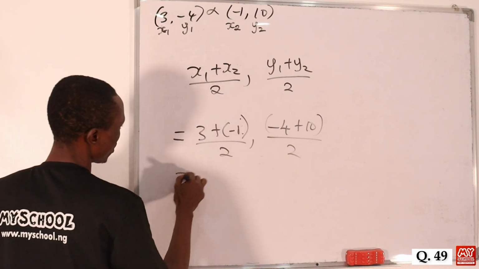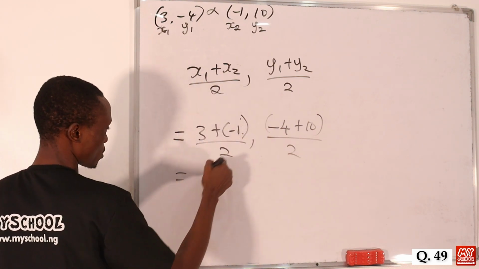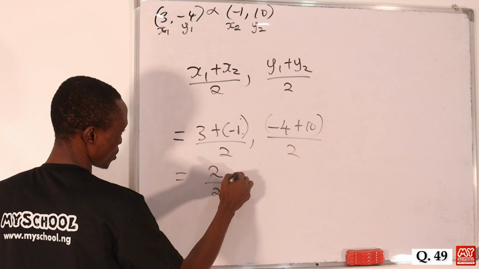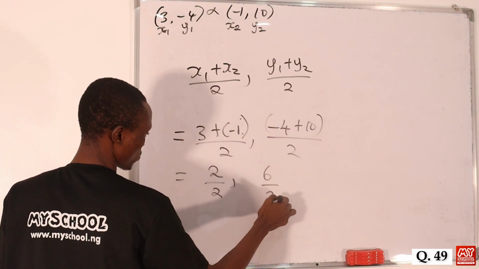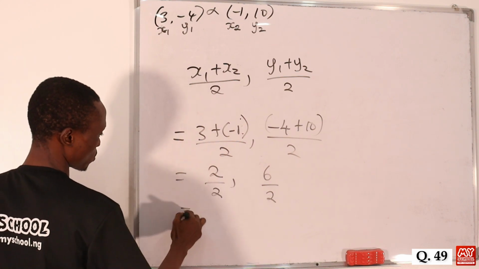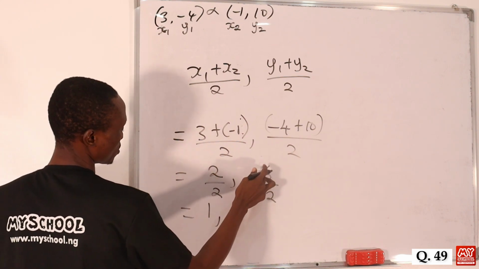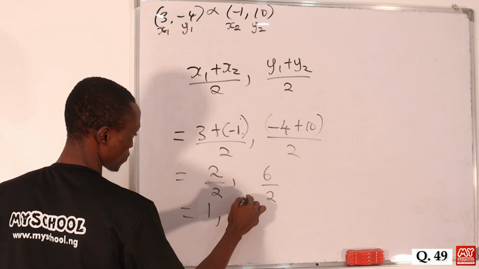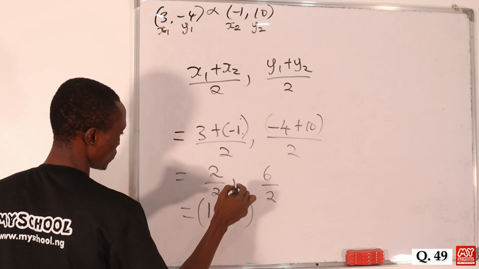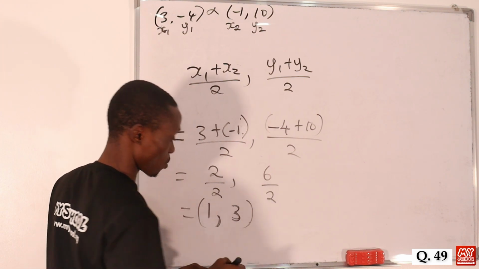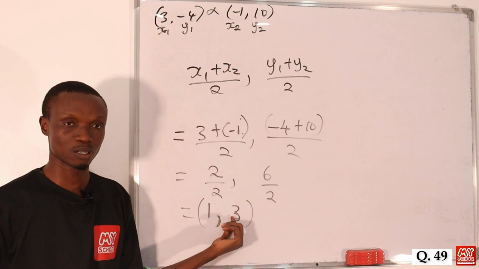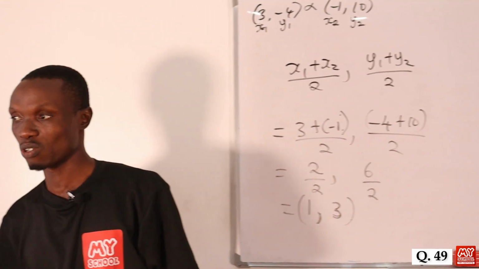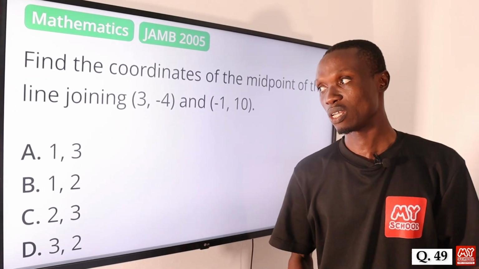So 3 plus minus 1, that will be equal to 2 all over 2, then comma, minus 4 plus 10, that will be 6 all over 2. So 2 divided by 2, that will be 1, then comma, 6 divided by 2, that will be 3. So the coordinates of the midpoint is equal to 1 and 3. So let's move over to the screen to pick the correct option for this question, and that is option A,